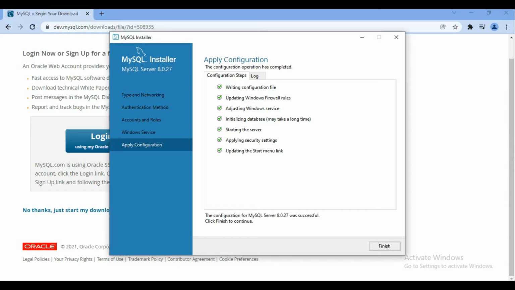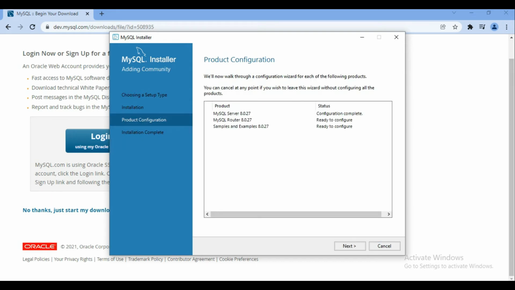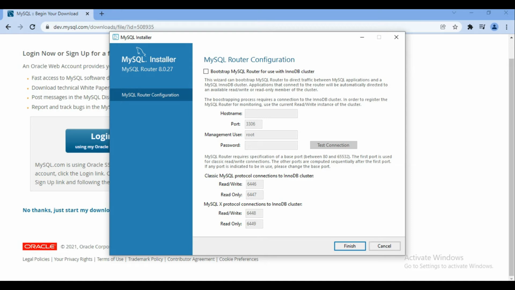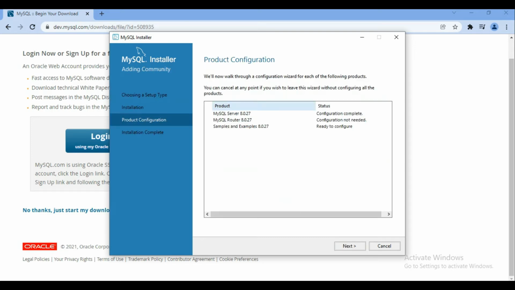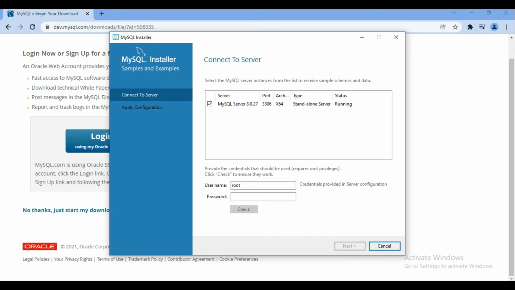After this configuration has been completed, we click on finish and then again we click on next. So let it be default. Click on finish and then next, click on next.